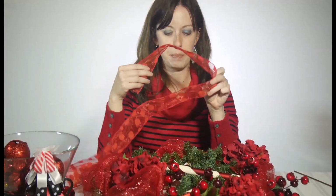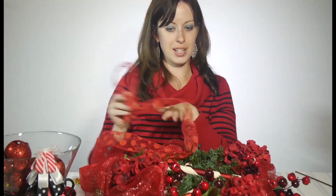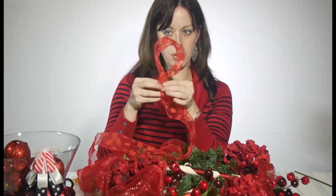My tip, my mom does this a little bit different than me. She always starts with her tail, but I like to actually add a separate piece for the tail. I know that this is a pretty good sized wreath and has a lot to it, so I want to make my loops like this. Pretty good size, and this does have some texture on it, so there is an inside and an outside. That's not with all ribbon, but just make it to where your outside is outside your loop,